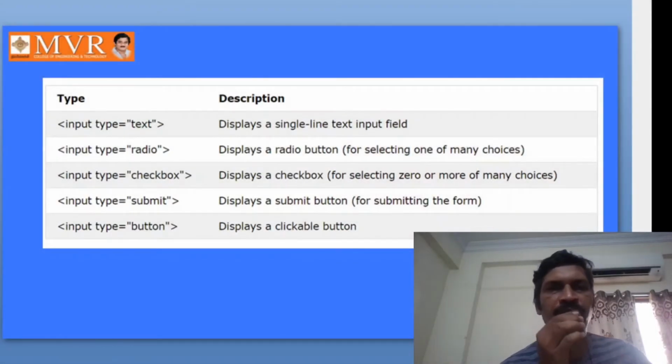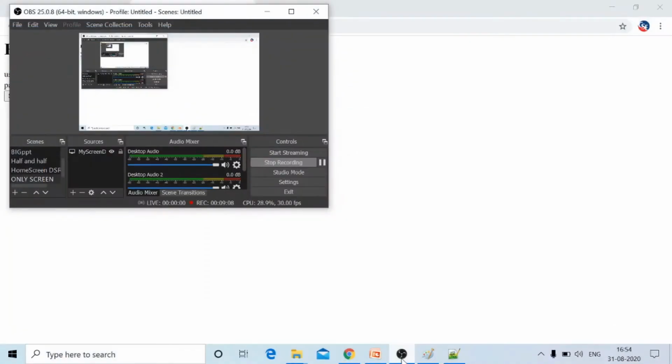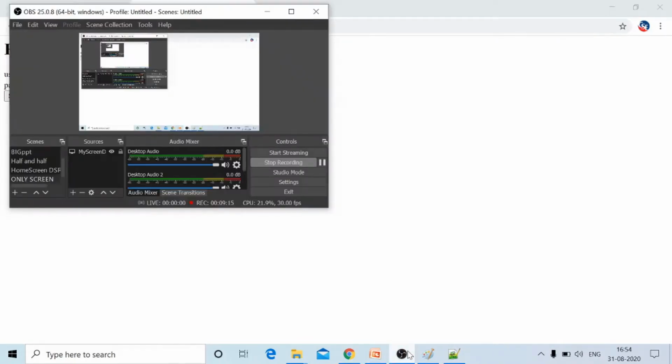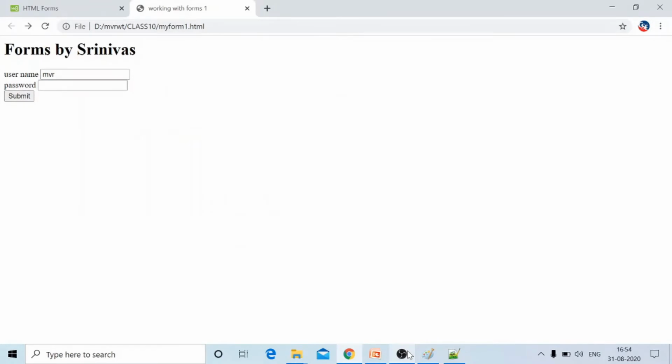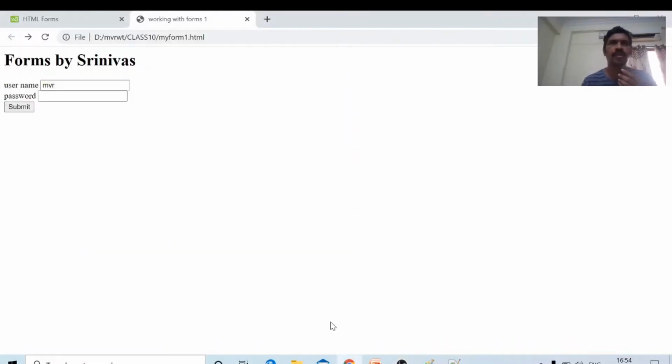Input type text, the first program. In this program we have seen username, password, and submit button. Now I am expecting not submit button but send. Here submit is there.